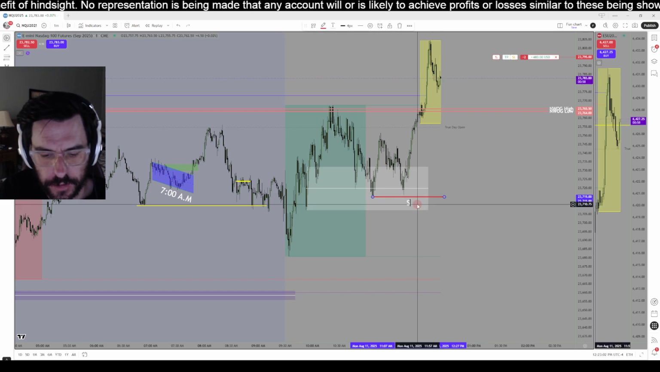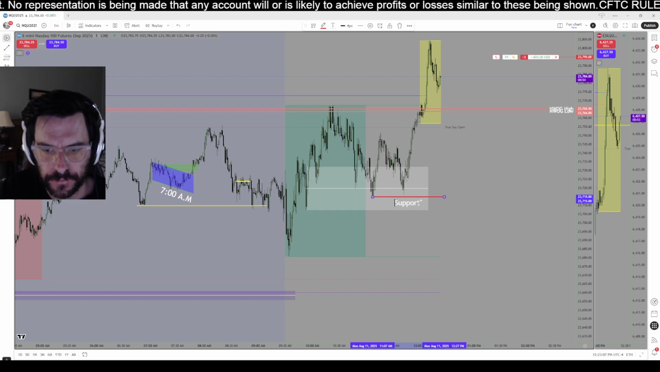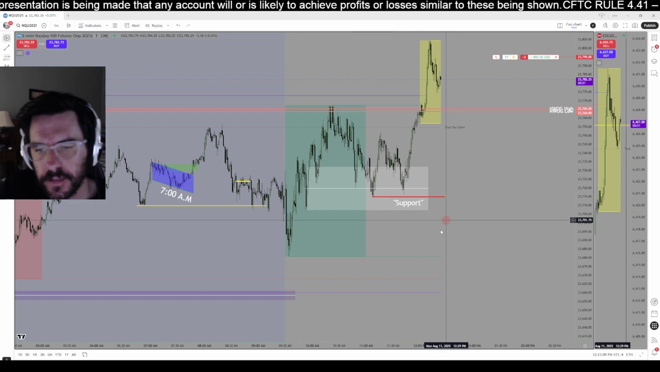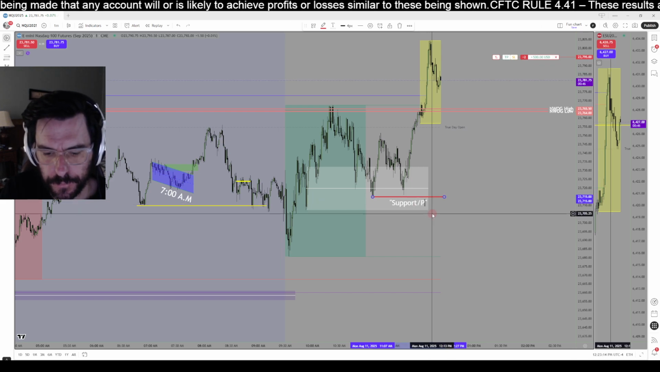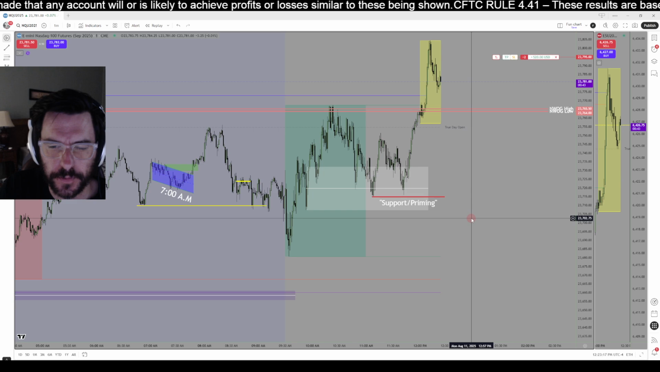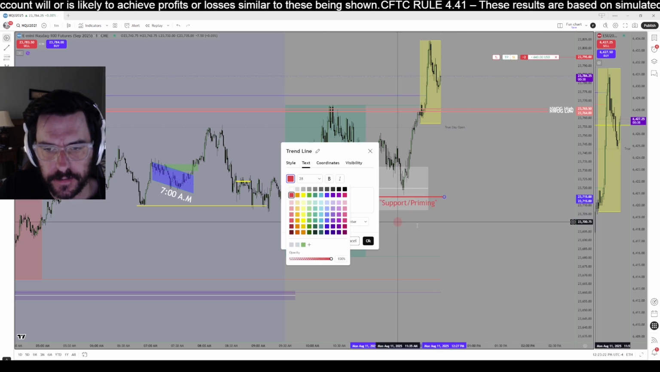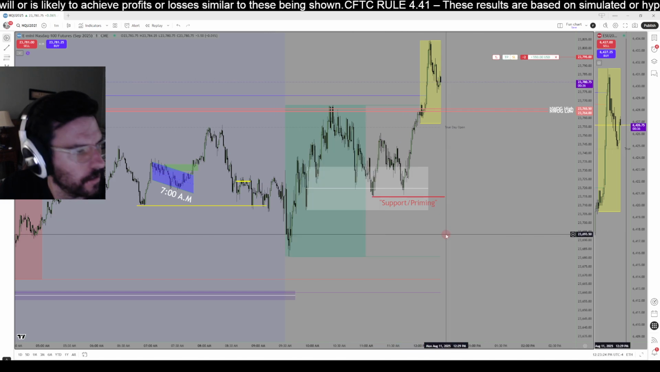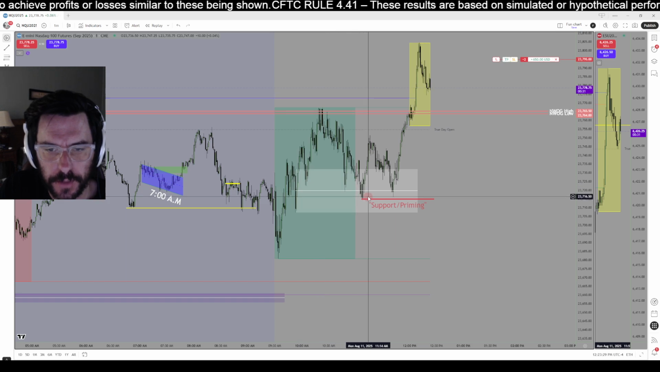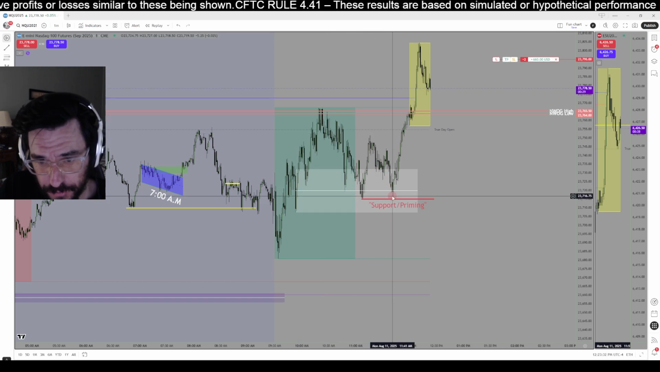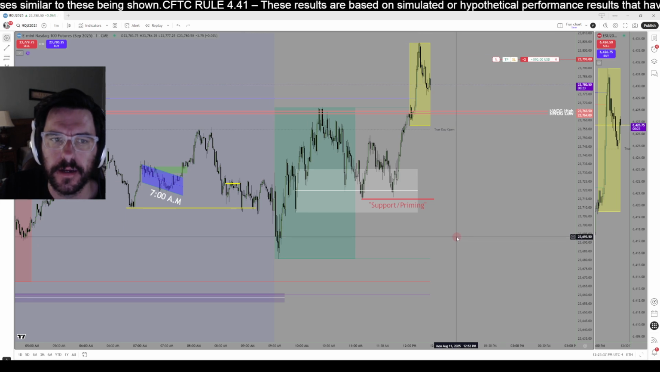We're gonna do support. It's not really support. It's support slash priming. That's what you're really doing. Can you guys see that? It's looking like it's support, but when you broke that order block right here, came up, came down, and then it didn't take out that low, that's when I was like, okay, we need to draw